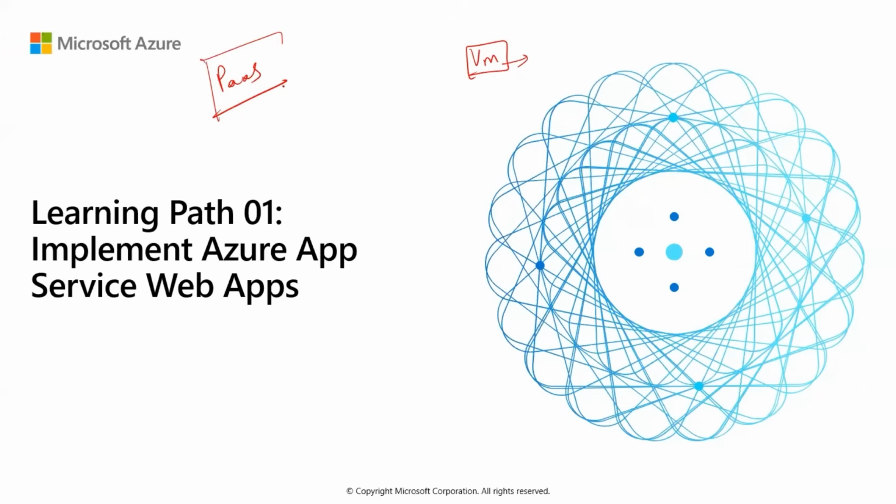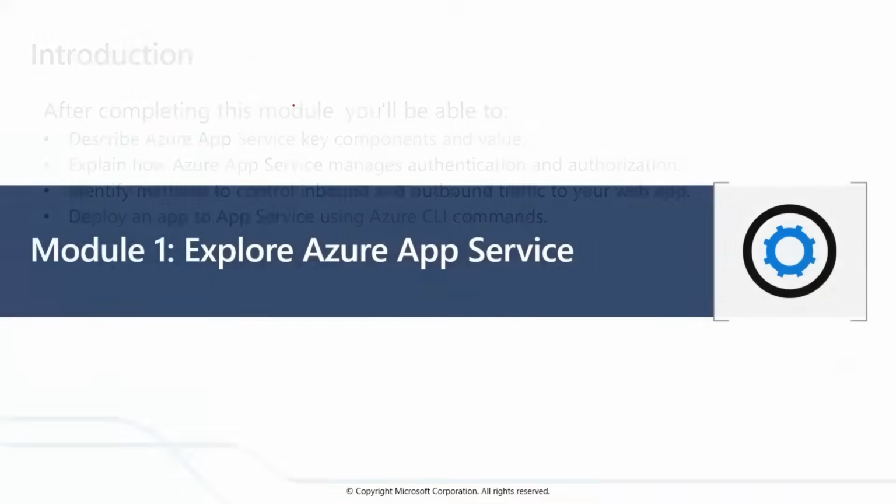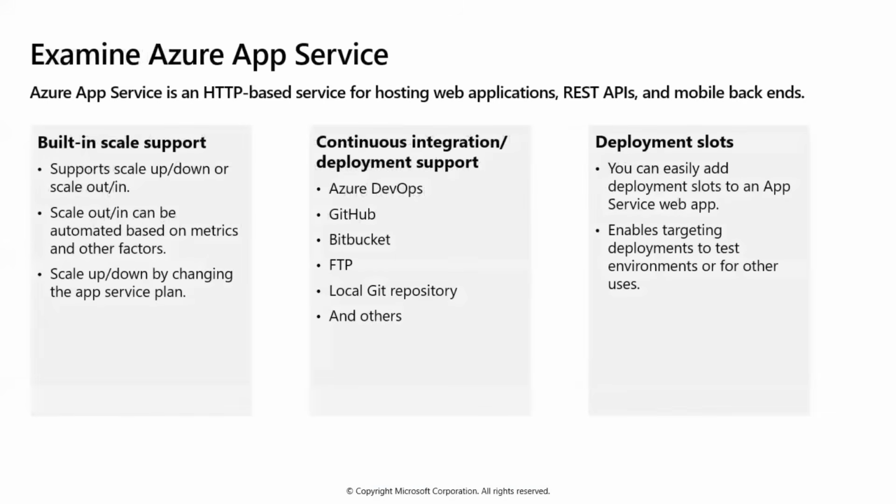But when it comes to platform as a service, or Azure App Services, Microsoft is going to help you do it, right? Also in terms of availability. Microsoft is going to help you with this as well, based on the availability options that you choose. Microsoft is going to give you a highly available platform as a service for you to deploy an application. Let's see what we're going to discuss here. So Azure App Service has these capabilities.